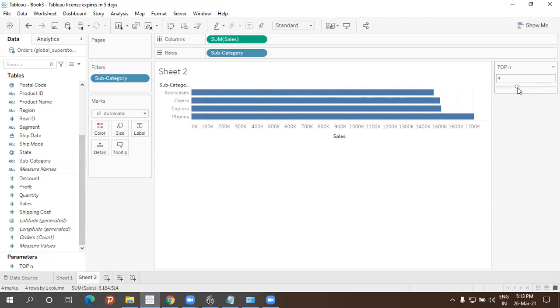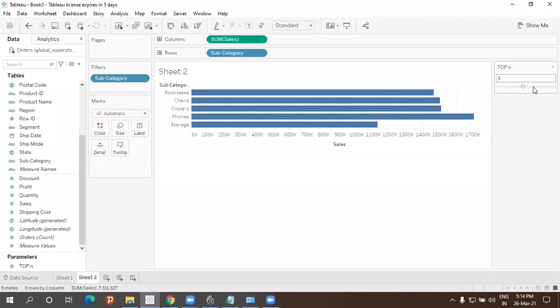So the same place, instead of moving like this, increasing and decreasing, what if I wanted to enter the values manually? So then what I'm supposed to do, can you see a small down arrow mark here? Just click on this. There is something called Type In. Just click on that. So you'll be getting a box like this.